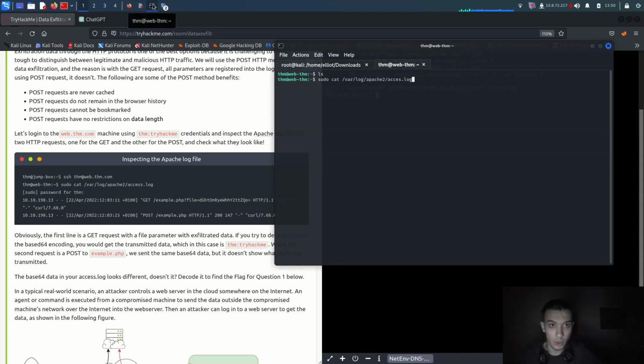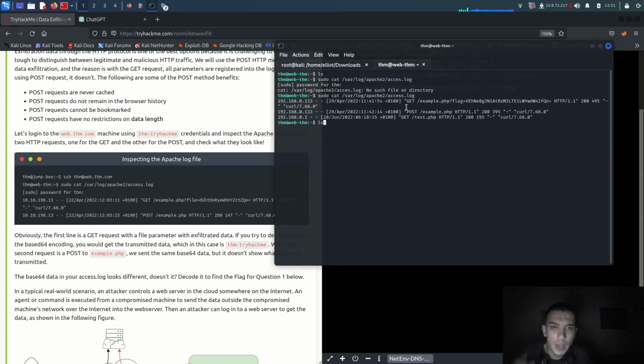No, it's no such file or directory here. Access, we have to be using double S here, that's cool, and it's giving us some information about the access log. So it's giving us the flag, for example, here. So let me copy this